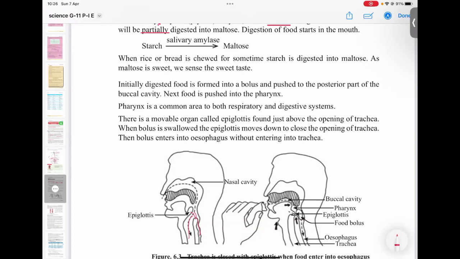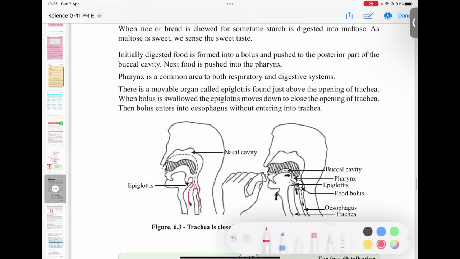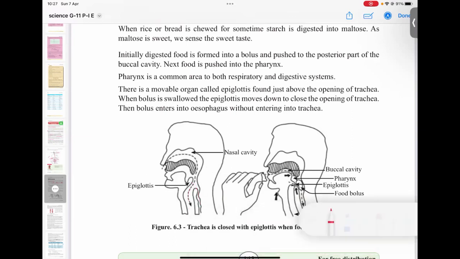So we can see in the picture. This is the epiglottis. Now this is the respiratory system and this is the digestive system. Whenever you are eating something through your mouth, the epiglottis comes and closes like this. It closes the respiratory system so that the food particle can be swallowed without any problem